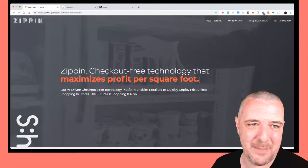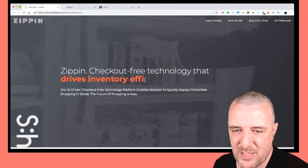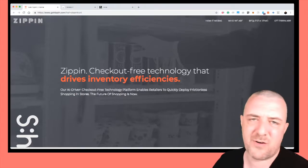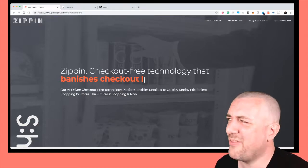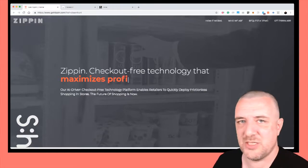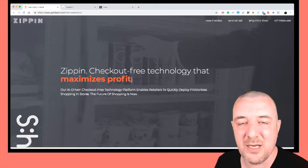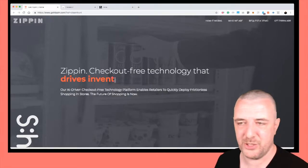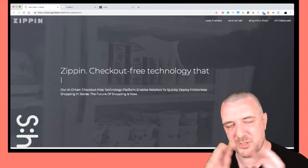Okay, getzippin.com. Zippin, check out free technology that drives inventory efficiently. So this is very similar to the Amazon project that they built out in, I think it's Washington. I think they might have also done one in Seattle recently, which has all this machine learning and camera operation and RFID, and it links them all together in such a smooth way